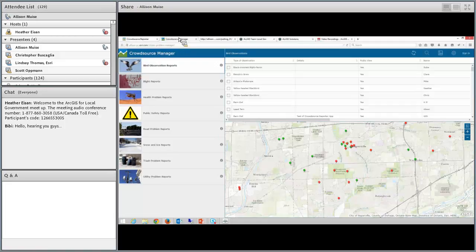So we haven't made nearly as many changes to Manager this release. It's also going from being currently in the early adopter group to being fully released. Most of the changes we've made to the UI are around keeping it in sync with the changes we made to Crowdsource Reporter. So we've styled this panel over on the left to match Reporter's right-hand panel. The biggest functional change we've made